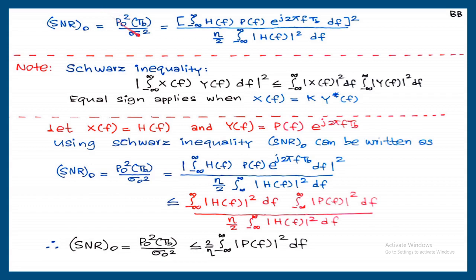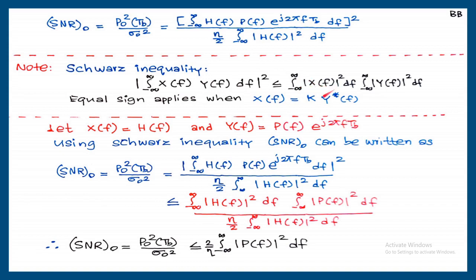And you can see here P0 TB, that is the amplitude difference between that S1 of t and S2 of t. That's a real quantity. So due to that reason, with modulus sign, there is no difference. So I can include a modulus sign here. That is why I just included a modulus sign here. Modulus integral minus infinity to plus infinity h of f p of f e raised to j 2 pi f tb df square. Same numerator. Only thing is modulus sign is included. Divided by same denominator. Now, applying the right hand side of Shaw's inequality, that is integral minus infinity to plus infinity